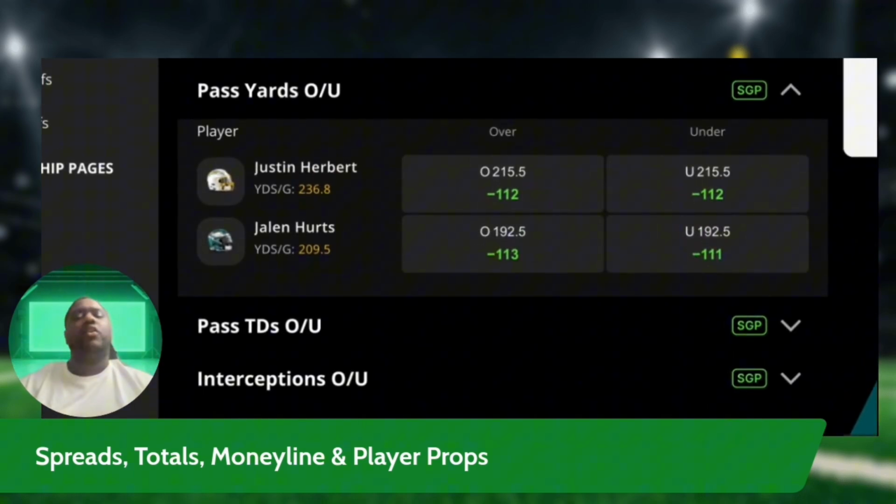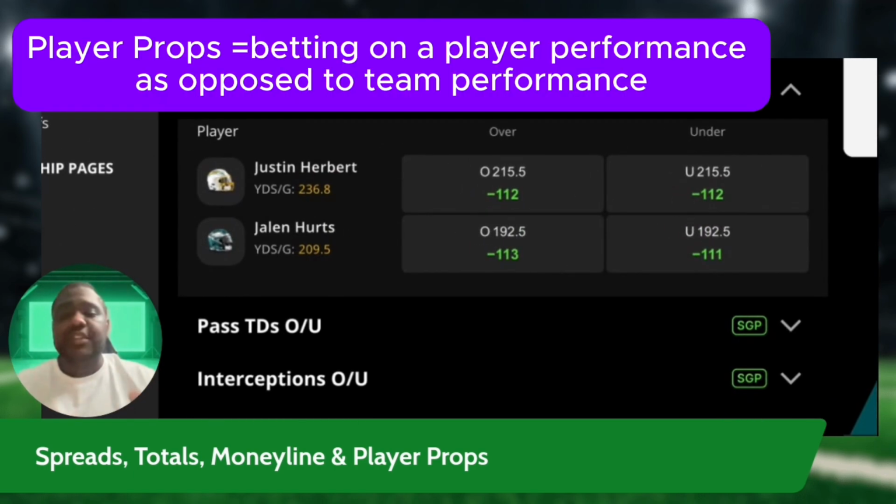Basically, all player props is you're betting on the individual player instead of the team. Instead of saying I want the Eagles to win, I want the Chargers to lose, or I want the total to be over 42, the total to be under 42, or I want the Eagles to win by 3. Player props is my specialty that I like to dive into. So let's say